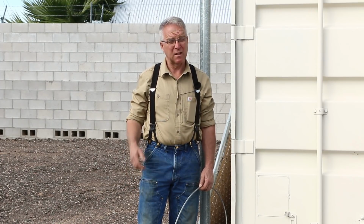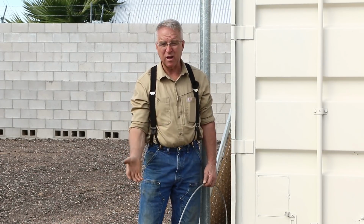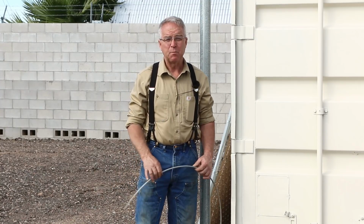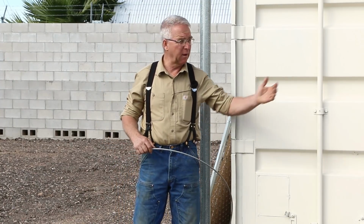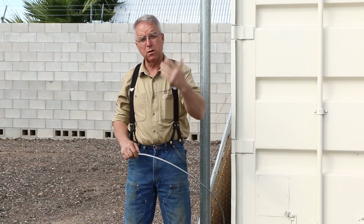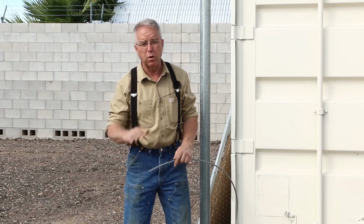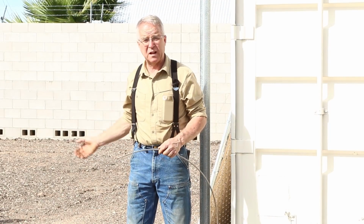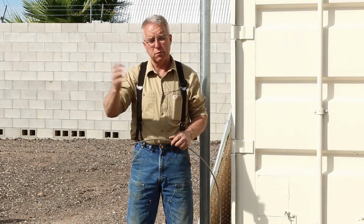If the time comes that A, the water that gets on this site is starting to rise and the blocks built a giant swimming pool, those weep holes let the water out. Or B, if it's a Noah's Ark kind of a flood event and the water coming at the site from off-site runs into the wall that's been put around the perimeter, the weep holes will let the water go through uninterrupted without raising the water level on the other side of the wall and damaging other people's property, because this site was approved. So those weep holes are just a way to allow water to pass freely in both directions